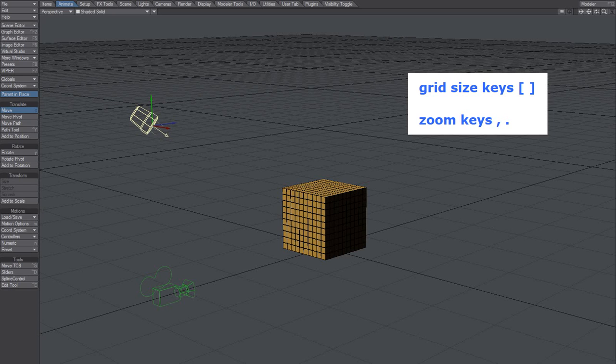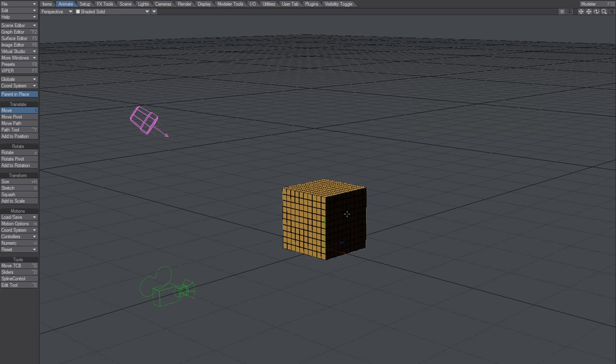Okay, so you have this 1 by 1 meter box. So this is a 1 meter box, and it all looks okay. And what if you want to zoom in on that box, or what if that box was smaller? What if that box was actually the size of a bumblebee,